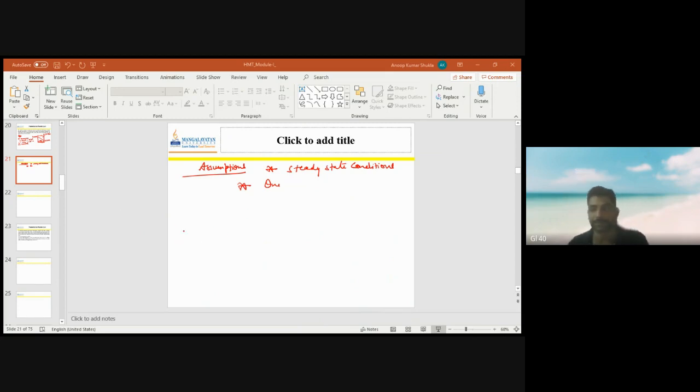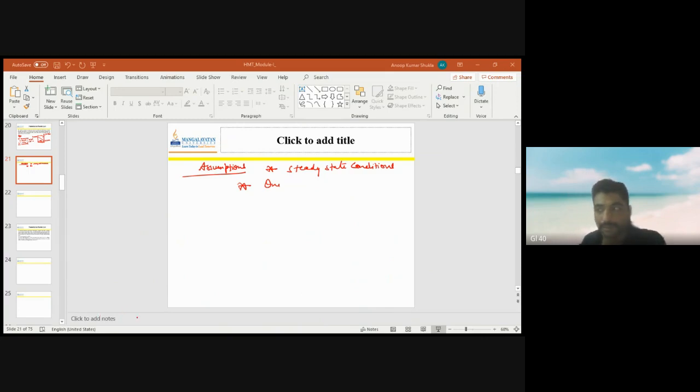And when we put this, small q is the heat flux, heat transfer per unit area, and this is given by h into Ts minus T infinity,